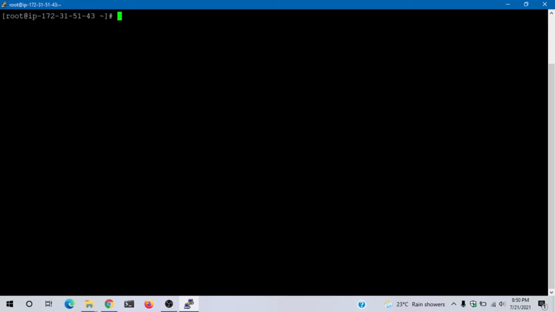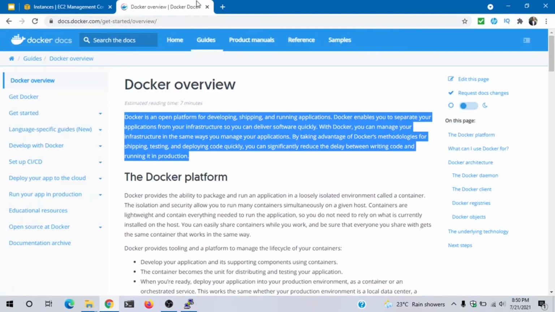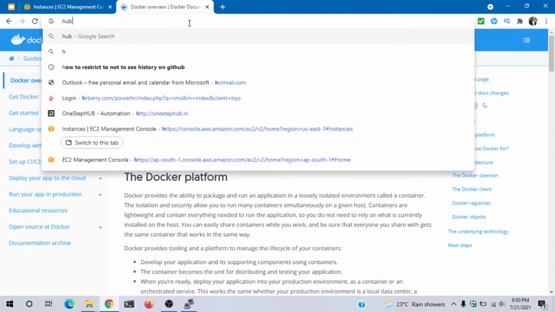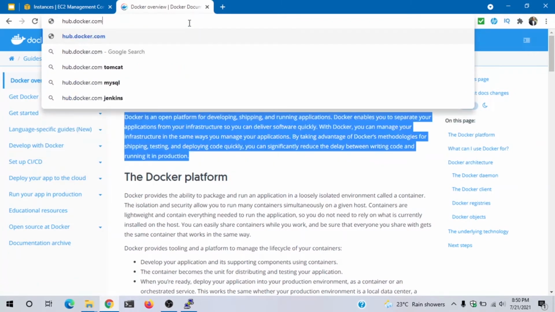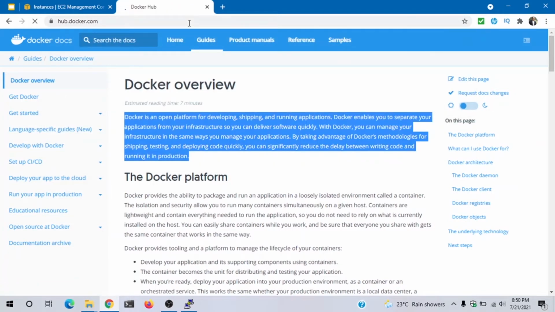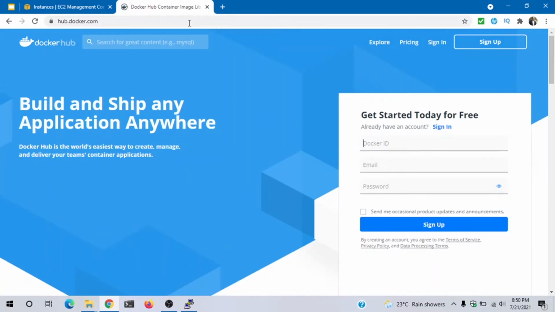Now to install Jenkins, we basically need a Jenkins image, right? So if we go to Google and type hub.docker.com, this is an official website which maintains the images. We have various images from Microsoft, from Google, and from Jenkins.